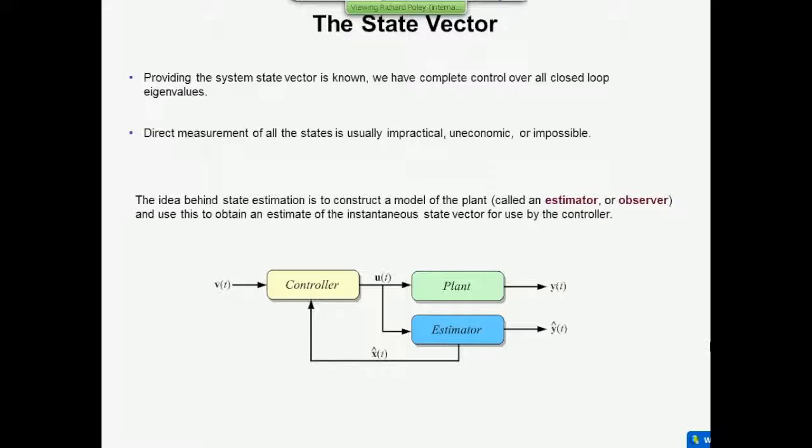But now the state vector is going to be produced for us by an estimator. It's estimated. So this hat symbol here, I'm going to call this X hat because it's easy to say. We write it with a caret over the top, this sort of hatty, carroty thing. It indicates that the vector is an estimated vector rather than the real vector. Now, your estimator will produce not only the state vector estimate, but also an estimate of the outputs. And so you've now got an estimated Y as well as an actual Y.